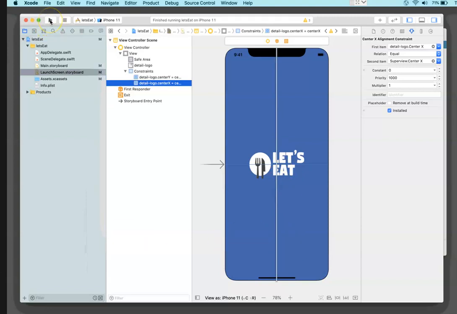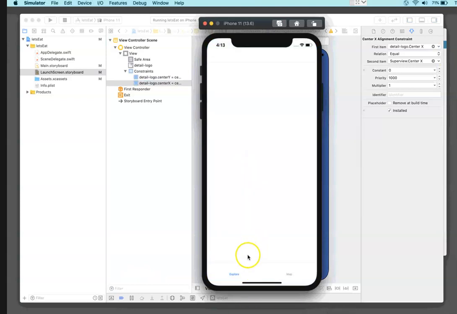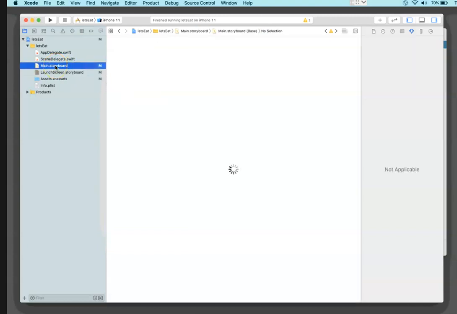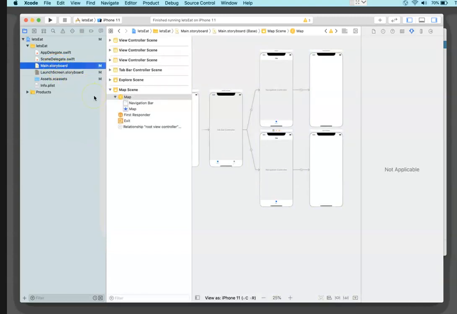Now I want to see how it looks, so run it. So I can see at the very moment before I see the white screen, I do see the launch screen with blue. So it works, and I continue from there. I go back to the main storyboard. And there, let's work on